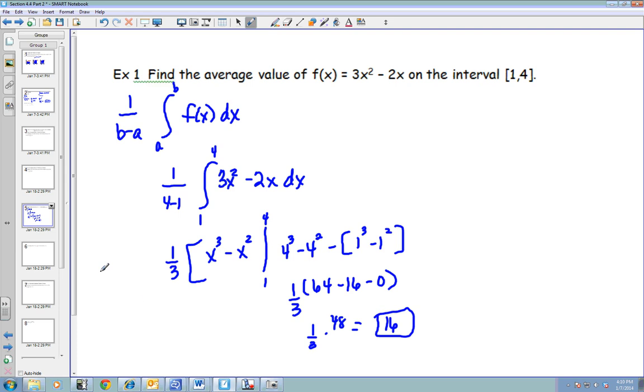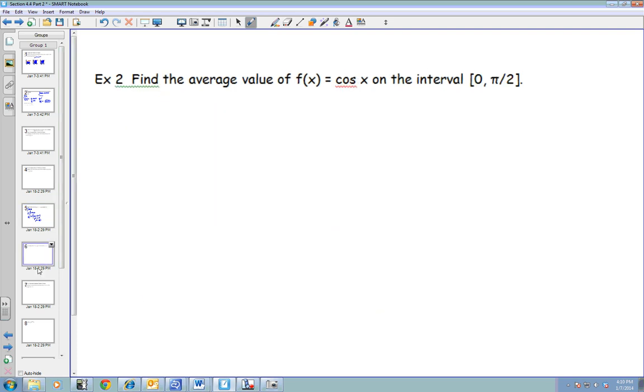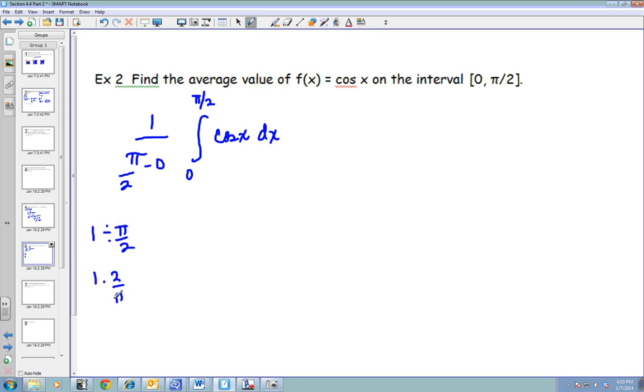Okay, let's do another one. Find the average value of cosine x on the interval from 0 to pi over 2. All right, so I know it's going to be 1 over b minus a, which is pi over 2 minus 0, times the integral from 0 to pi over 2 of cosine x dx. So this just looks weird. What is 1 divided by pi over 2? That's 1 times 2 over pi. So I'm going to rewrite this as 2 over pi